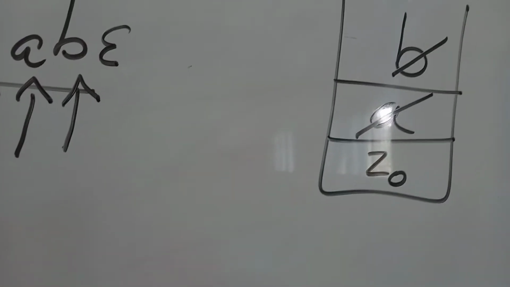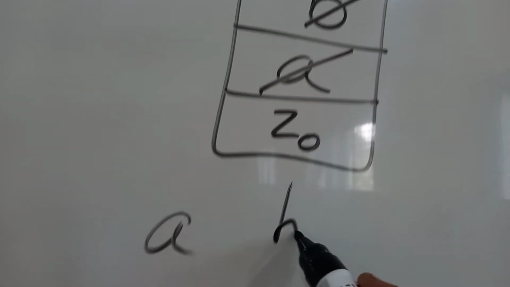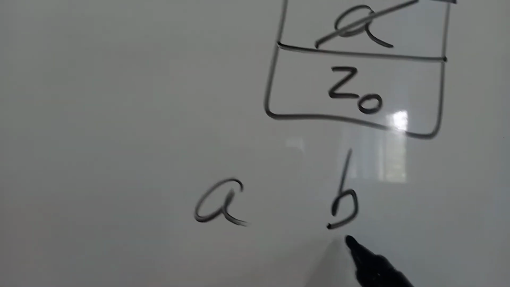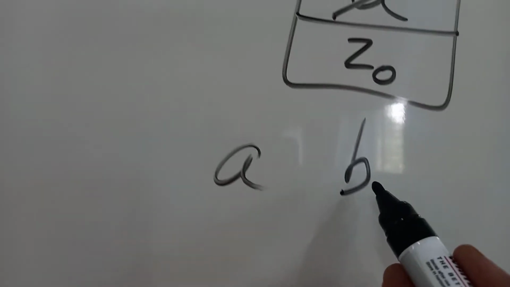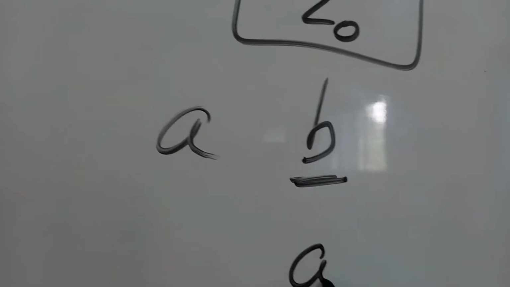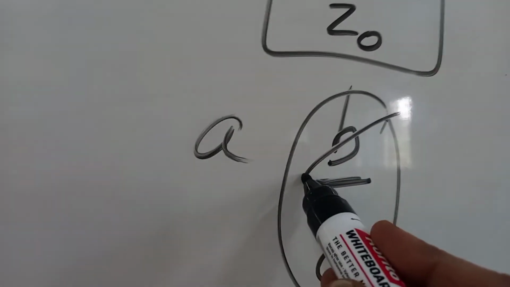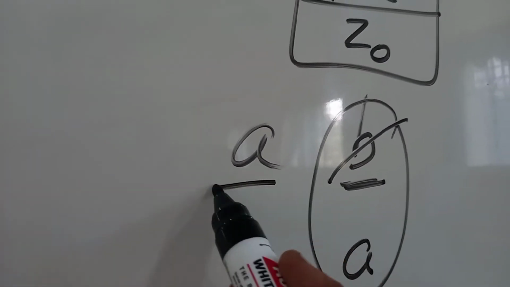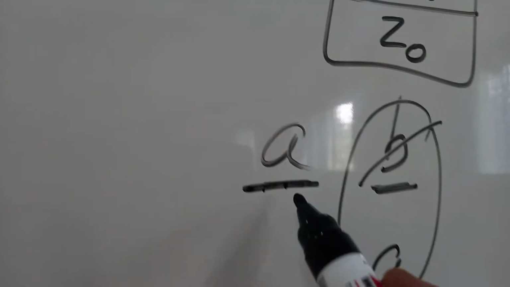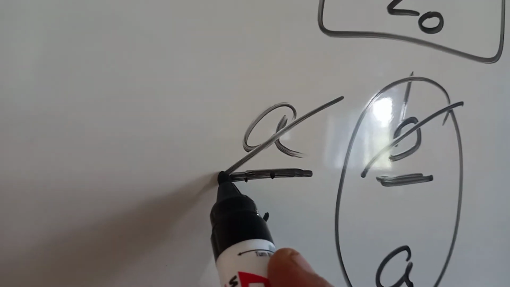And we observe this. What we have done is, first we pushed the A onto the top of the stack, and next for the input symbol B we pushed that onto the top of the stack. Then the next input symbol is A and the top of the stack is B. These are different symbols, that's why we popped that B. Next the top of the stack is A and the input symbol is B, again different symbols, so we need to pop that element from the top of the stack.